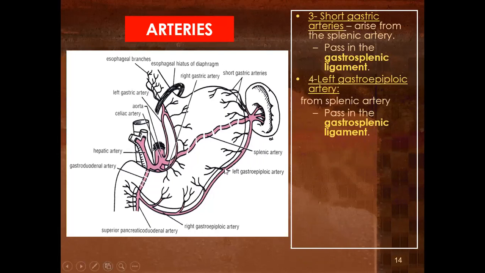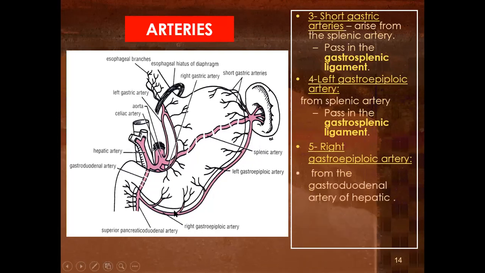Greater curvature below in the lower part in the gastrosplenic ligament. Then the fifth branch is the right gastroepiploic. This is the left gastroepiploic. This is the right gastroepiploic artery, which is a branch from the gastroduodenal artery, which is a branch from the